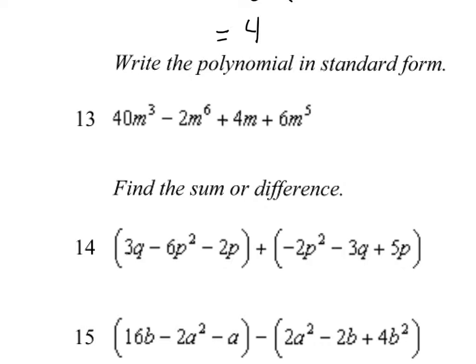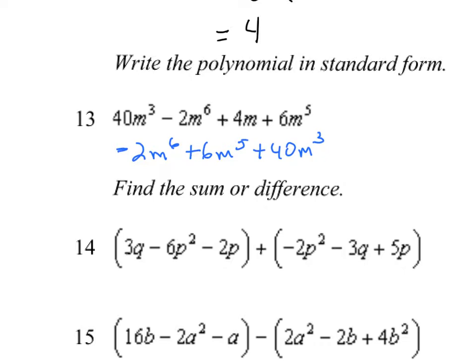So let's rewrite all this expression here. So we have negative 2, that's the first one, m to the 6. So the next one would be the 5, exponent of 5. So plus 6m to the 5. The next one should be 4, but if you notice the exponents, we don't have a 4. So that's okay. You just skip the 4 and you go down to the 3. So we do have a 3, and it is a positive, so you put plus 40m cubed, and then the